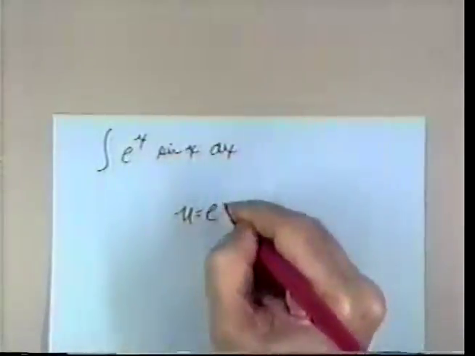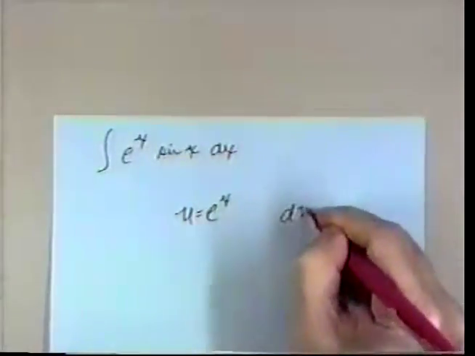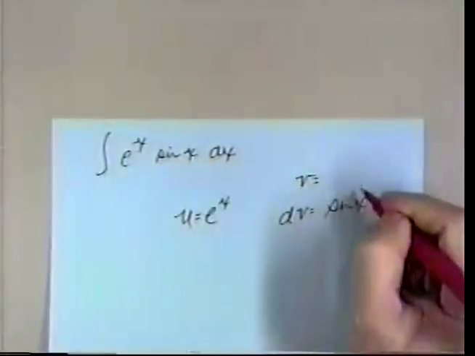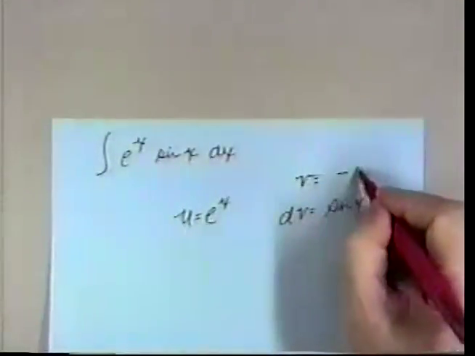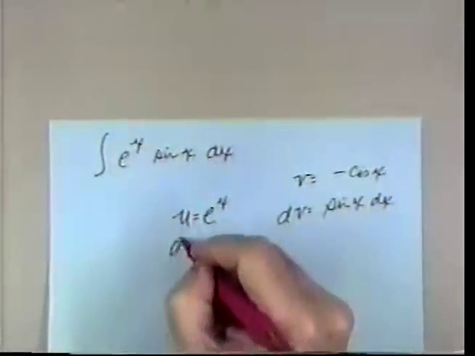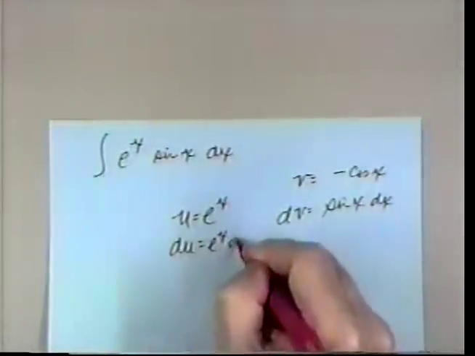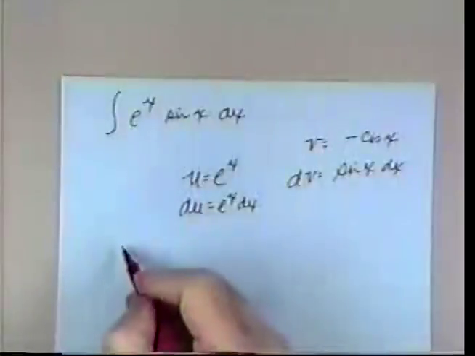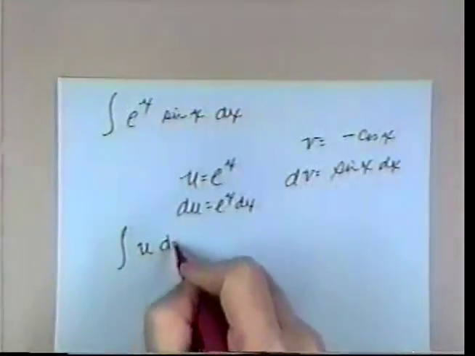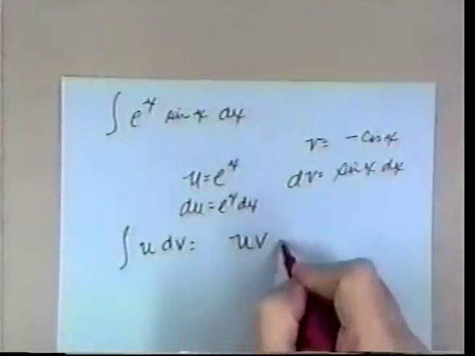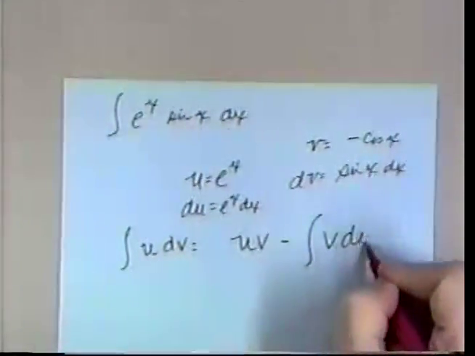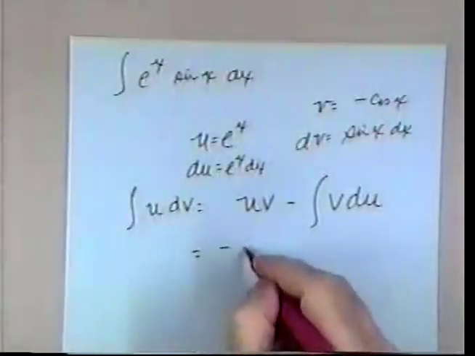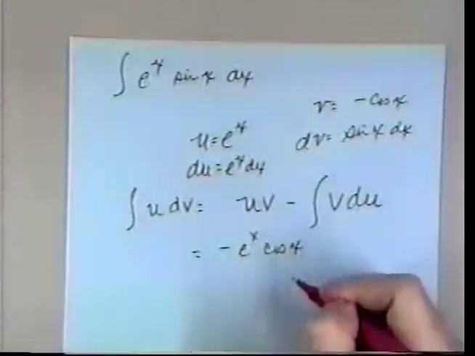Let's do the same thing we did. This time dv is sine x dx. V will be, careful now, minus cosine x. And du will be, of course, e to the x dx. So now I'm working this as its own problem, and let me write the formula down. The integral of u dv is equal to uv minus the integral of v du. That's equal to uv, which is minus e to the x cosine x,